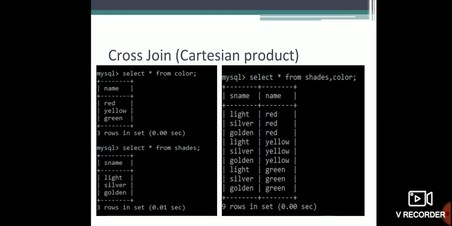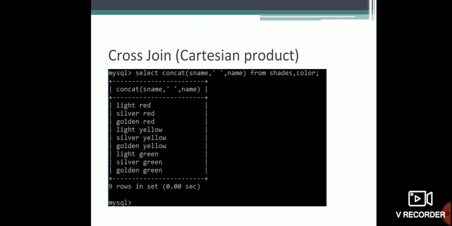Here you can see first light is mentioned with red, then silver with red, then golden with red. After that light will be represented with yellow, silver will be represented with yellow, then silver will be represented with green. So according to that the Cartesian product works.